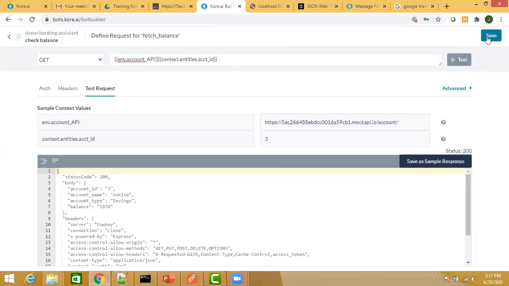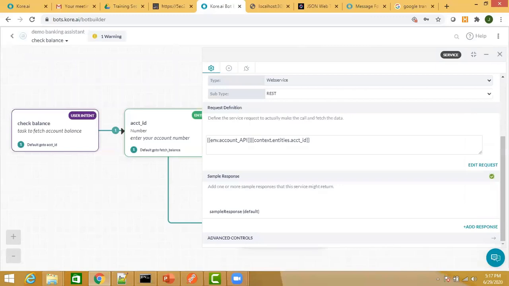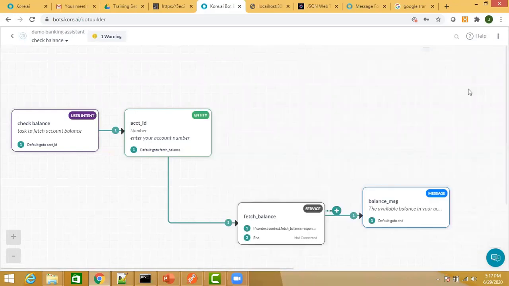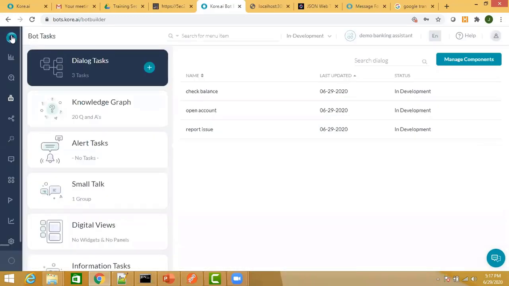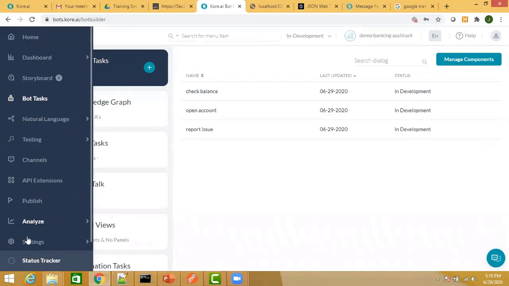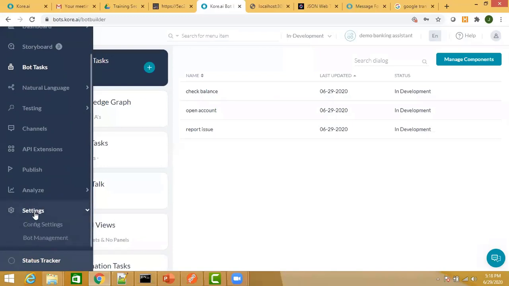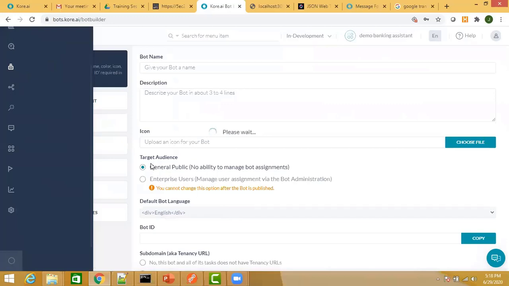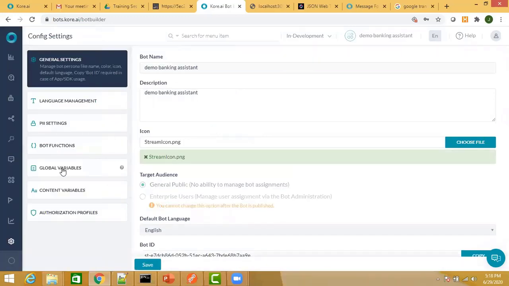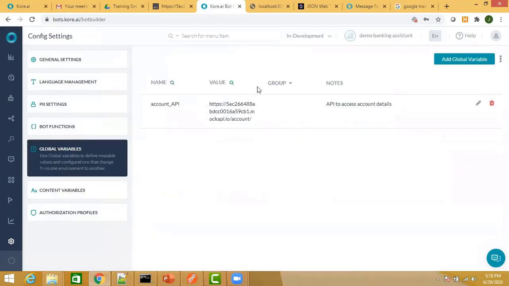Okay. The advantage of this approach is, now let's say there were multiple tasks where you have used the same URL. So you replace all of those hard-coded URLs with the global variable. Now, tomorrow, when you are exporting the bot to the production environment, and if your URL changes, all you need to do is come to config settings, and from config settings, global variables, you can come and edit the content of this one.